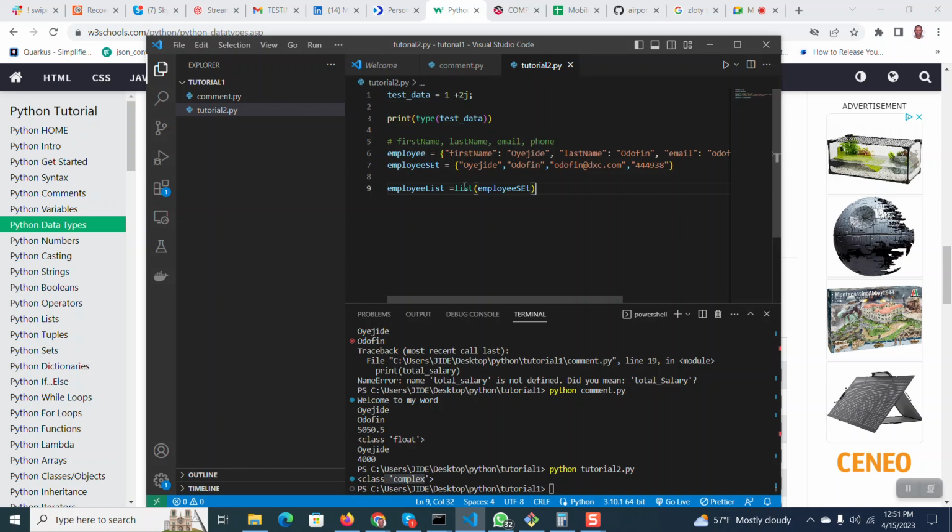You understand? I can convert any other data type to this. So if I want to, you get what I'm saying? Which means that if it is set, it's going to be set, or let's say dict, or let's say